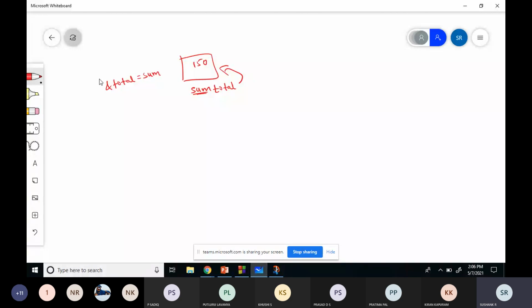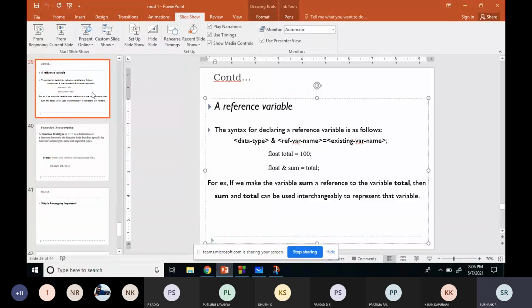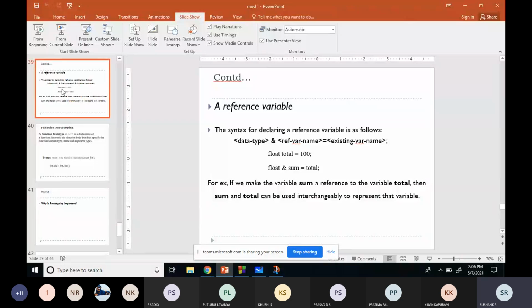The same way here also, if I write ampersand b is equal to x, it means there is already a variable x with some location. So it is also containing some value. So for this variable x I'm just creating the reference. So b and x are pointing to the same memory location. See, whenever you see ampersand, just remember that you are creating a reference variable. A reference variable will always share the memory location. It will not have its own memory location. You can check in the slides also. So reference variable, 1 second, it is not going up.